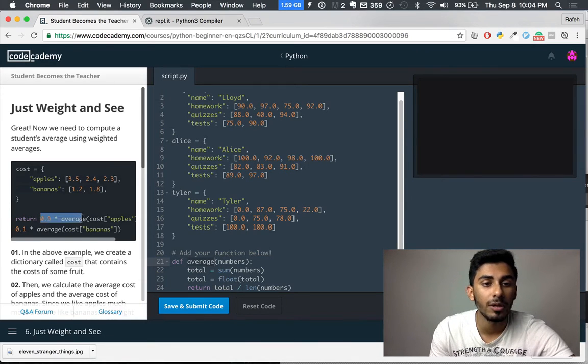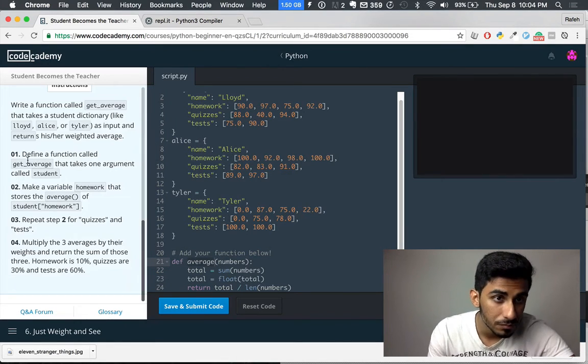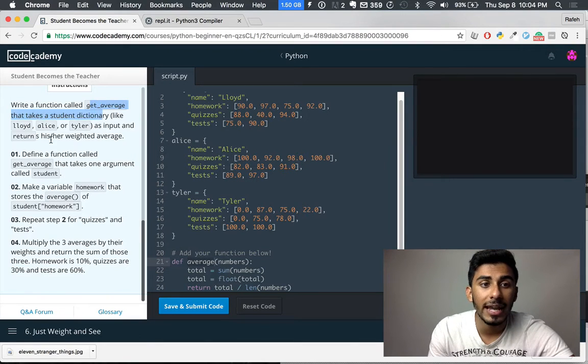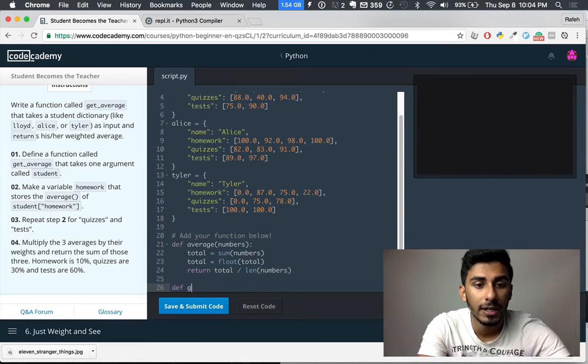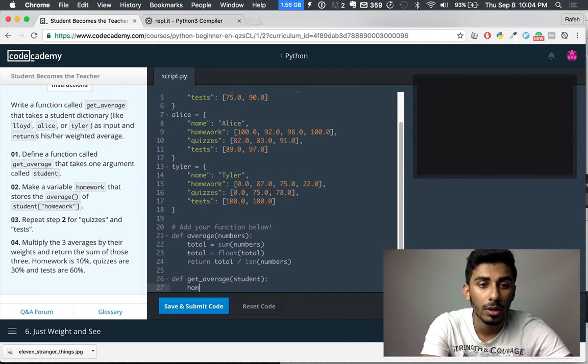So it's basically 0.9 times average cost of apple plus 0.1 times average cost of bananas. Write a function called getAverage that takes a student dictionary like Lloyd, Alice, Tyler as input and returns her weighted average. Okay, so step 1, we define a function called getAverage. Define getAverage right here. Takes in one argument called student, make a variable homework that stores the average